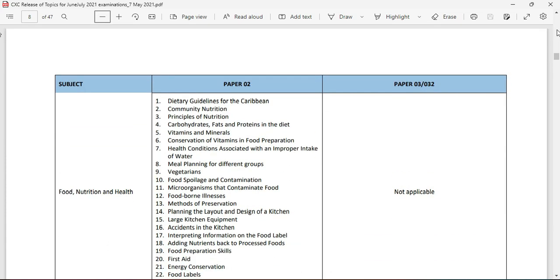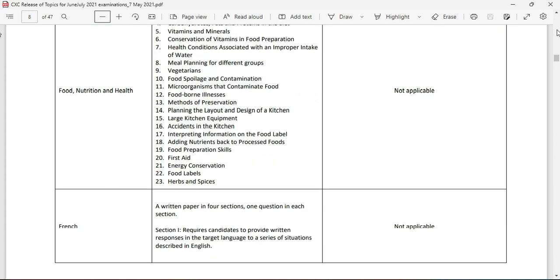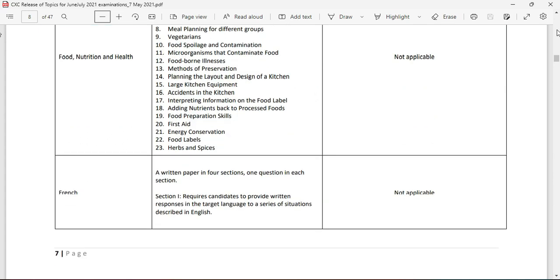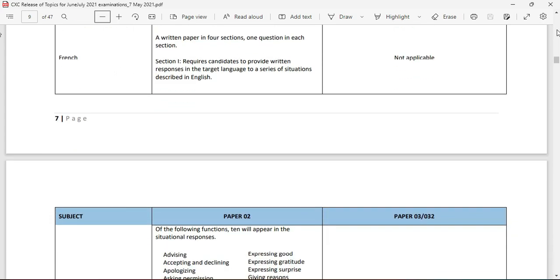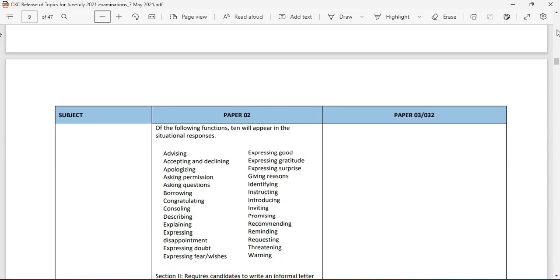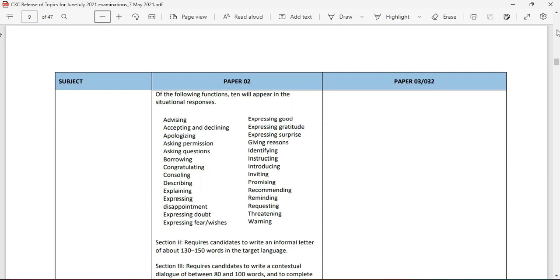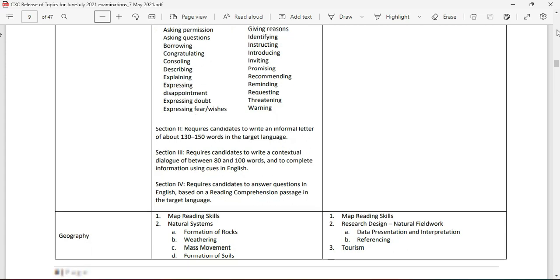We are now at food, nutrition, and health, and this is what the broad topic was last year. That's 2021. We are now in 2022, and we're eagerly awaiting the broad topics for 2022. Of course, you're going to be having all the exam papers this year, including paper 1, paper 2, and of course paper 3, which is called the alternative to practical, or paper 032. You might have seen it on the timetable as paper 3/2. That is the same practical paper that we are looking at.